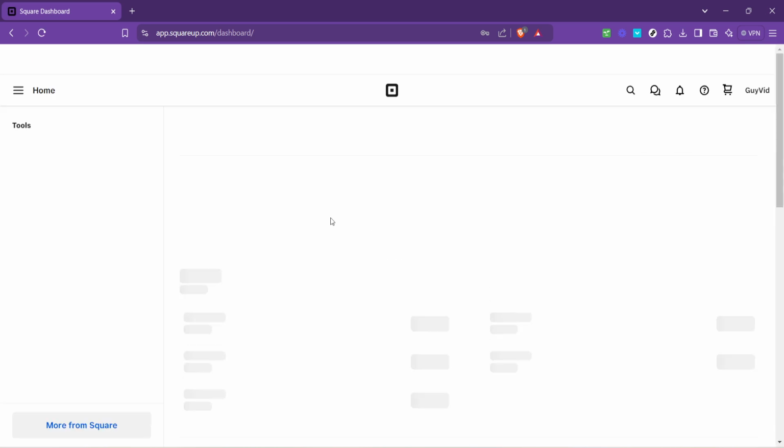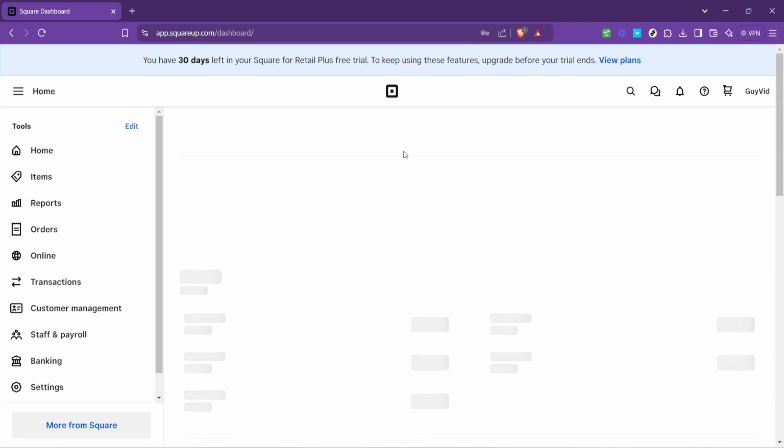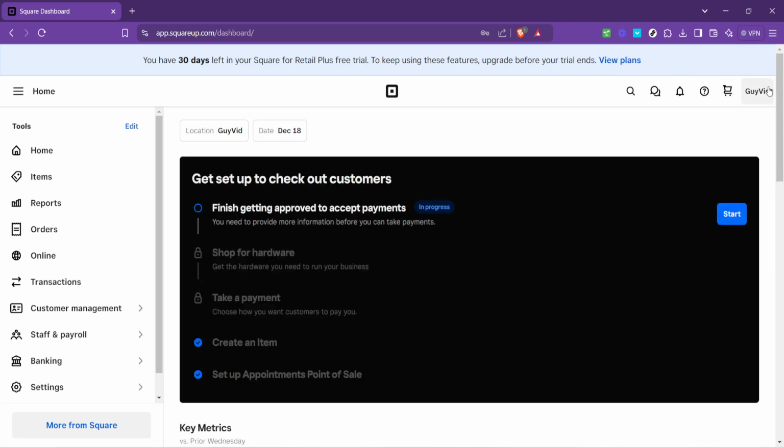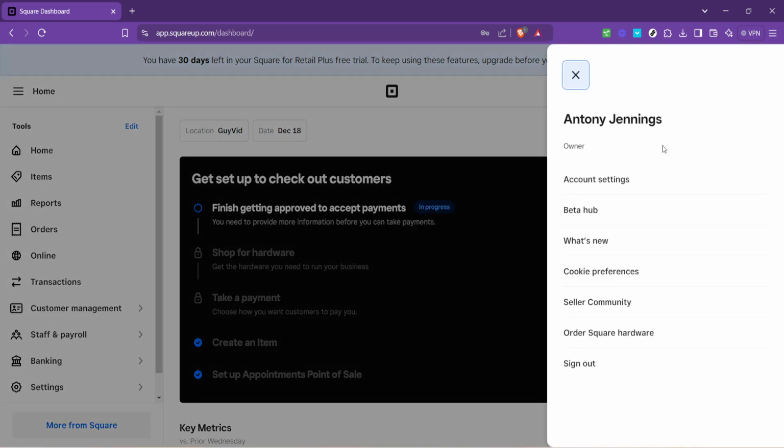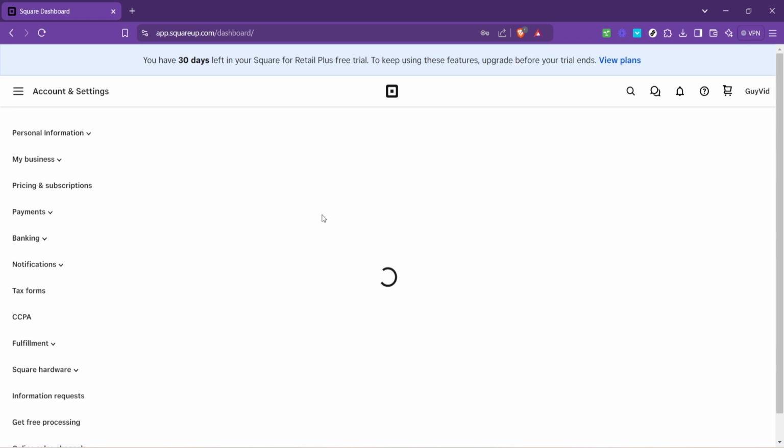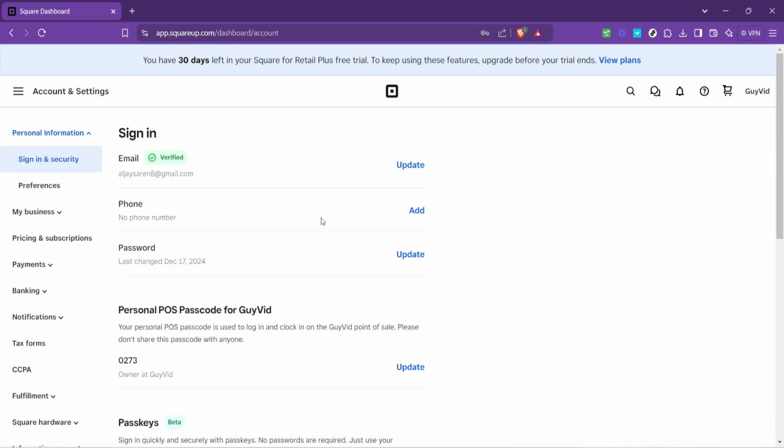Next, you'll want to locate your store name, which is displayed at the top right corner of the dashboard. Your store name is essentially a gateway to further customization and account settings. Click on your store name to unveil a drop-down menu packed with options. In the drop-down menu, find and click on Account Settings. This option will lead you to a page where you can manage many aspects of your Square account, including personal information, banking details, and more. However, we're here to specifically address the deletion of your Square Appointments account, so let's proceed accordingly.